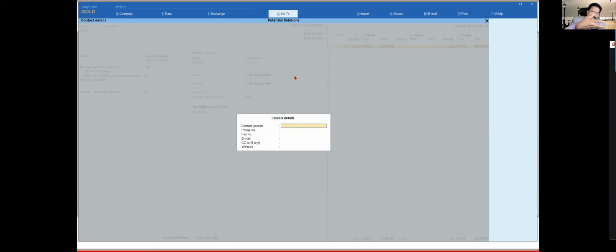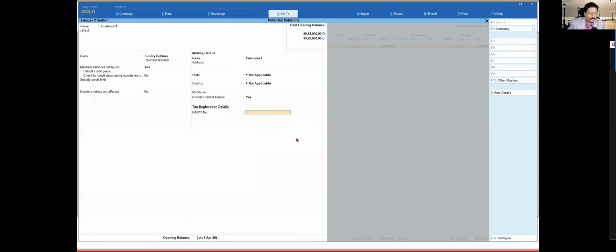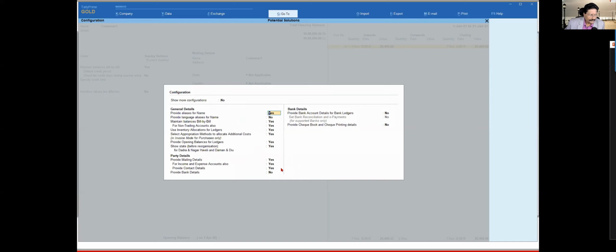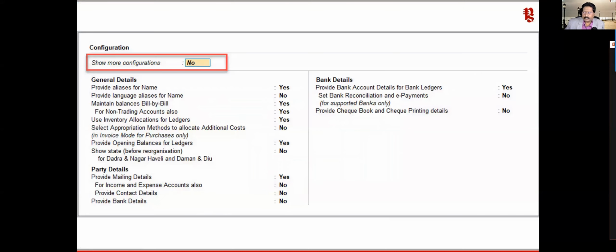So that also automatically will get listed, like your list of accounts, like your list of cost center, like your list of inventory. You will get the list of email ID also in the mailing configuration screen. Okay, so you can capture all this information. That is what is your option of provide contact details, right? So the next option, what is the next option we have? The next option that we have is provide bank detail.